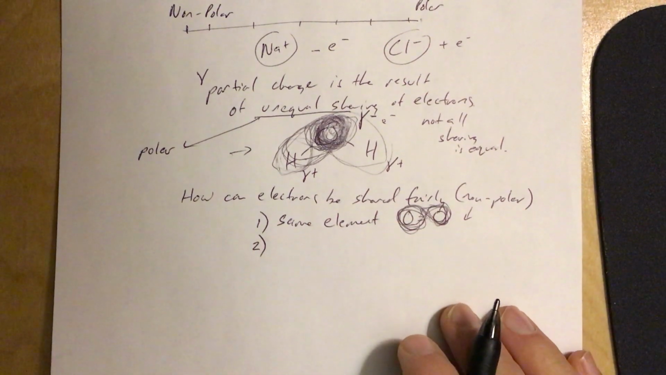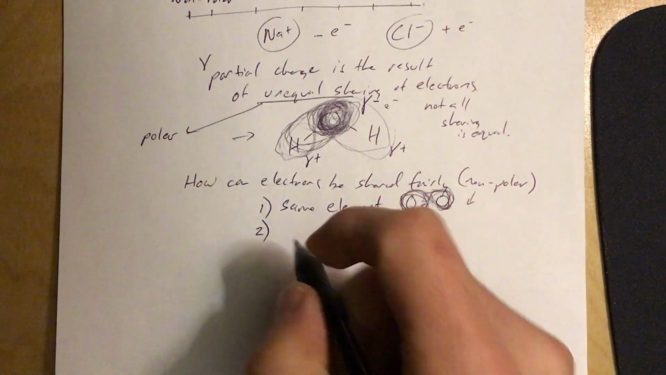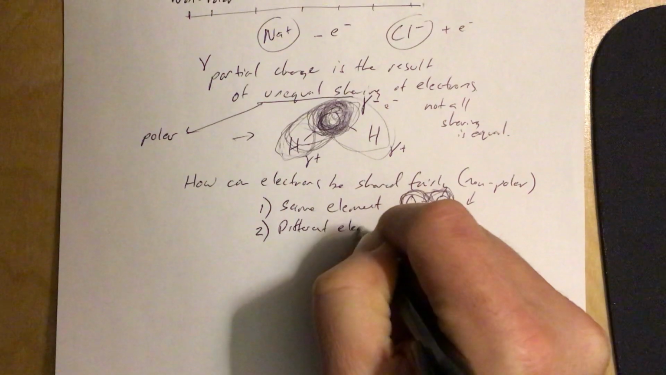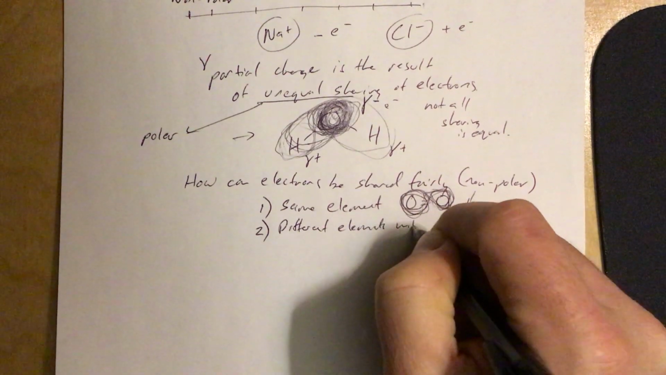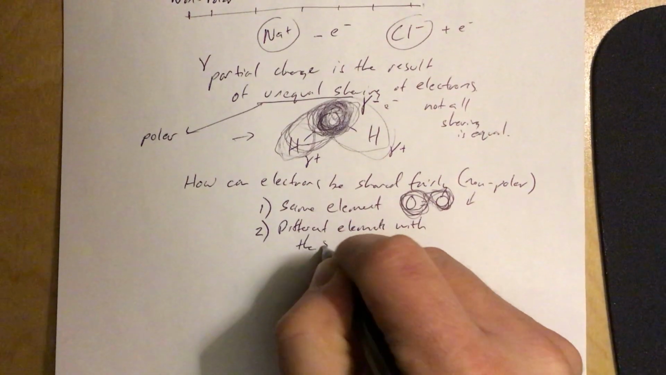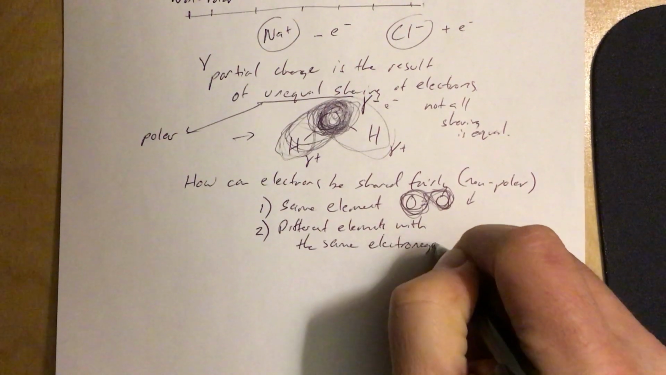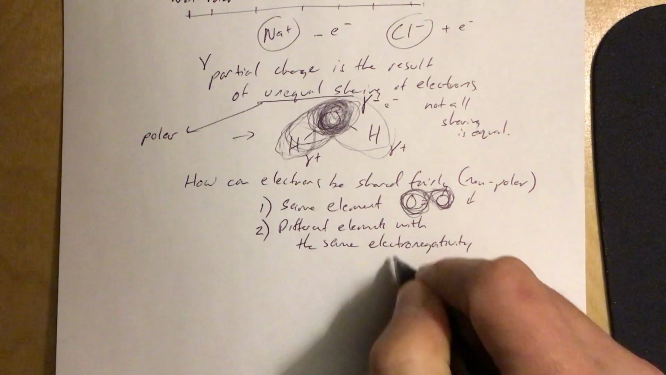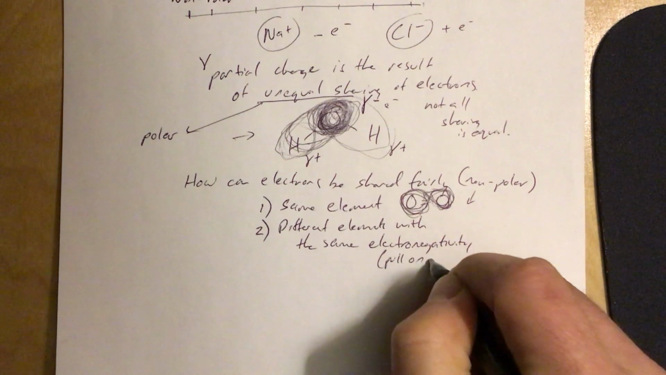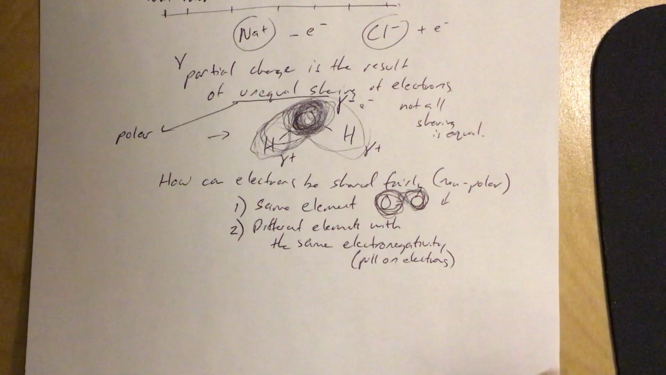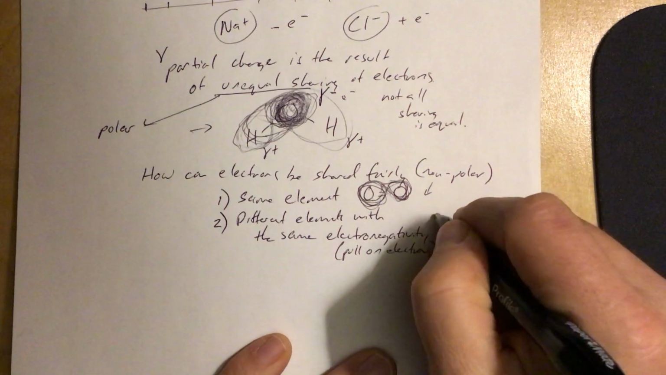And then the only other way is with different elements with the same electronegativity, or same pull on electrons, okay? And there are a number of different examples, but here's the ones that matter. You ready? Carbon